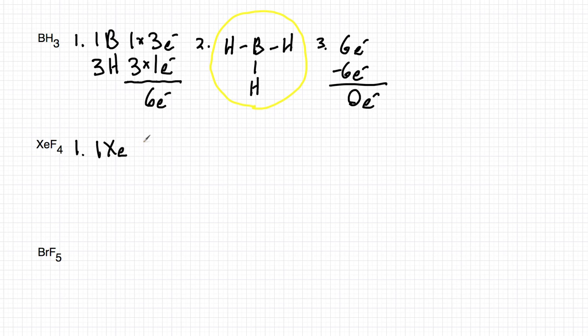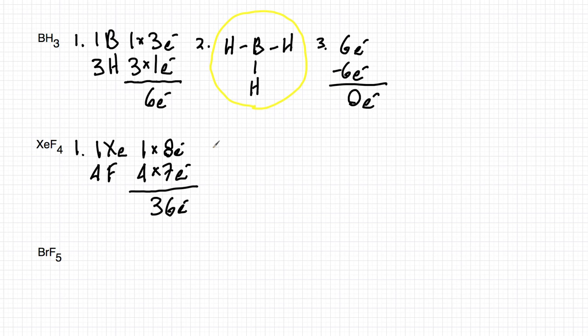So it's going to be 1 times 8 electrons in its valence shell, and then we have 4 fluorines, and so that is going to be 4 times 7 electrons. And be careful with your addition, these always have a lot of electrons. And see, this gives us a total of 36